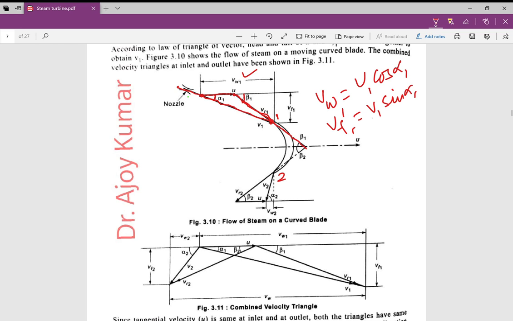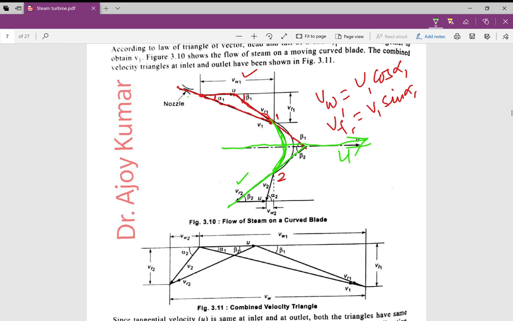It is drawn like this, and after gliding this steam with relative velocity on this turbine blade, right, on this turbine blade, it goes out from section 2 like this with relative velocity Vr2, right? Now if we extend it, same one, it meets over here. This is your axis, which is shown as U now. So